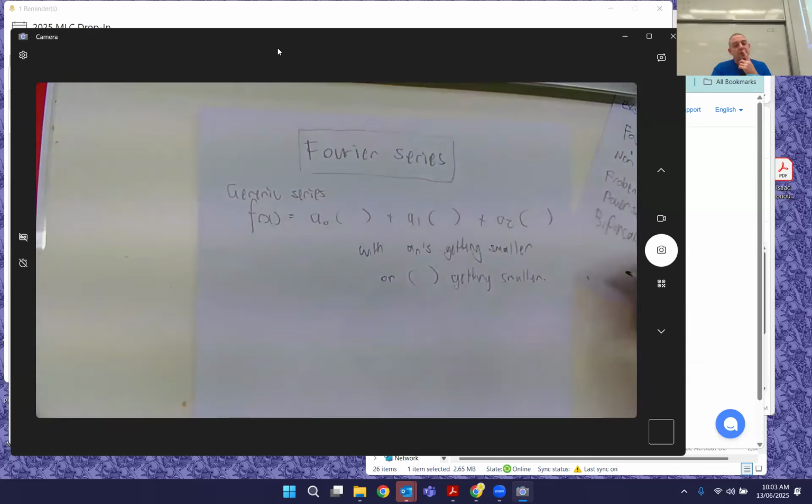If you have an ordinary power series, then it's got like 1 and then x squared and then x cubed and whatever. And if x is close to 0, then x to the 5 is really small. And so it doesn't really matter what the coefficients are doing because the powers get smaller. But with sine and cos,